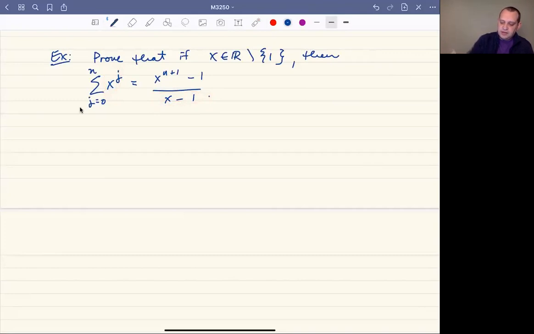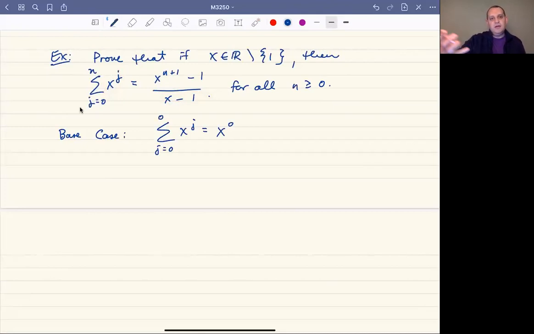And so let's see. Let's do this, and I want to prove this. I forgot to say, I want to prove this for all n greater than or equal to 0. So our base case will be n equals 0. So let's do that. So our base case, we just have to check that this is true when n is equal to 0. And if I take the sum, as j goes from 0 to 0 of x to the j, that's just x to the 0. And on the other hand, if I take n equals 0 and plug it into the right side of our